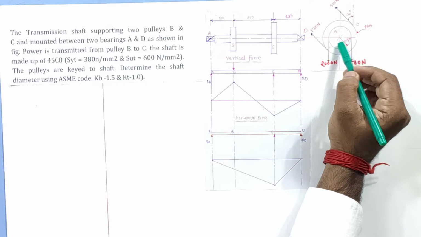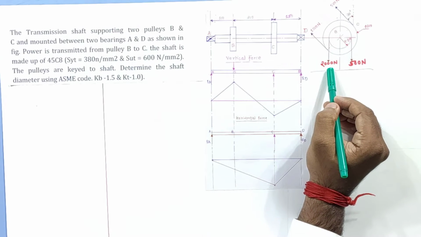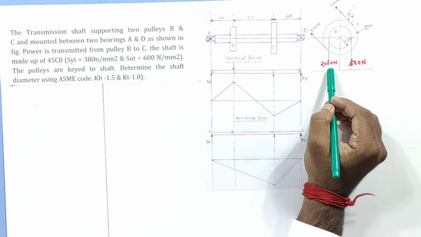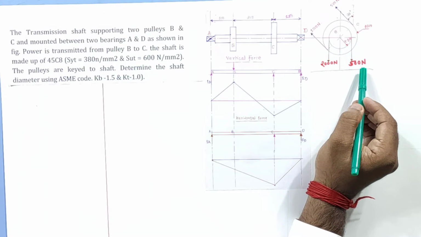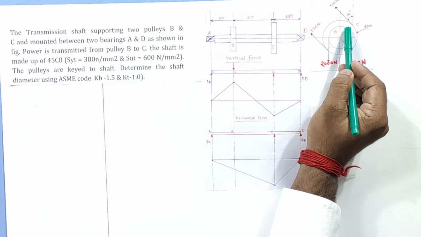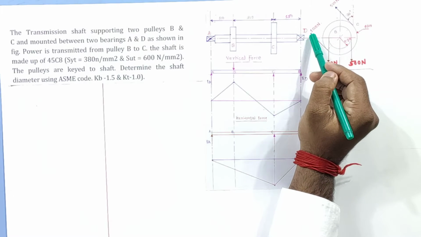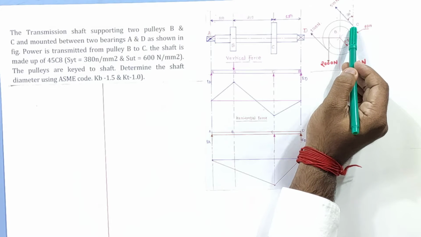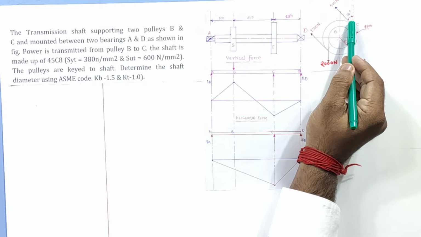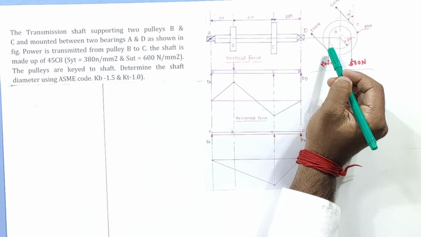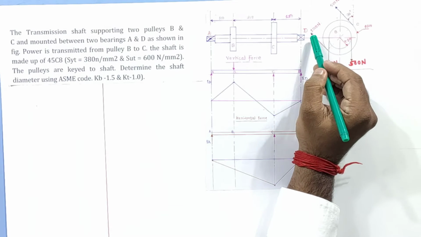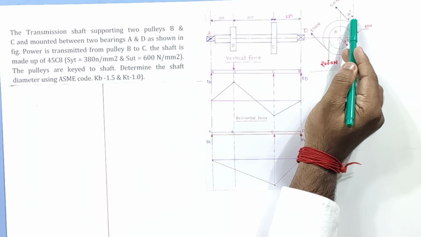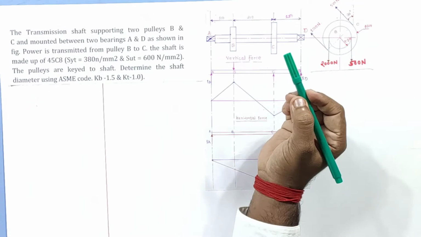For the smaller pulley, the tensile force acting on the belt, that is tight side and slack side, tight side 200 Newton is given. For slack side 500 Newton is given. For the bigger pulley, that is pulley C, the load is acting, of course a wrap angle it will maintain, but it is having inclination with respect to vertical, that is 30 degree. You can see over here 30 degree. And for that inclination, this pulley makes a tensile force on tight side of 1500 Newton and for slack side 500 Newton with respect to angle 30 degree. So now this was the first case.